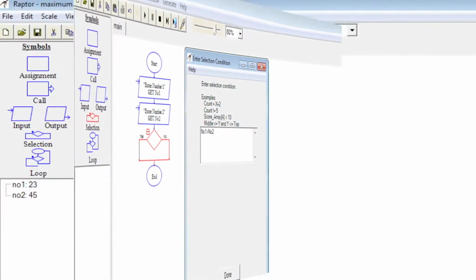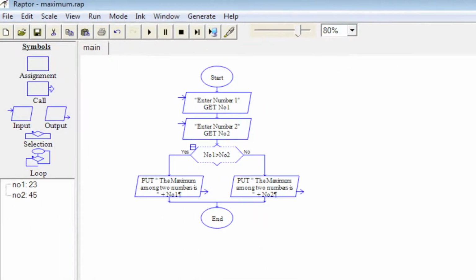Now you can see the condition inside the decision box which you have added. When the condition evaluates to true, that is yes, we move to the left branch where we want to say number 1 is bigger than number 2. If you move to the right branch, that is when the condition becomes false, we need to say number 2 is bigger than number 1. So, add the output symbol as you are observing on the screen now. Now, run the flowchart and see what is happening.